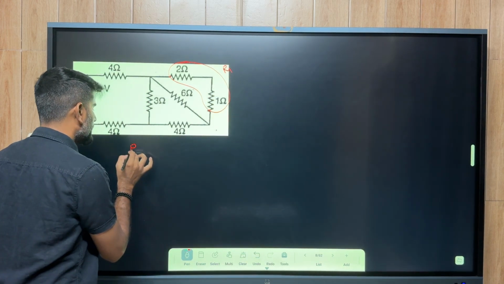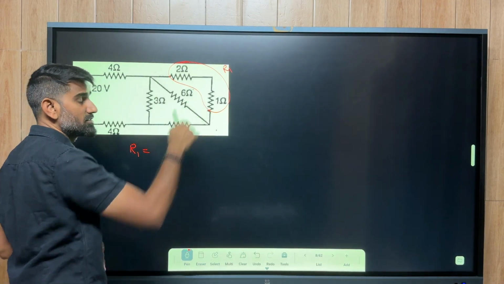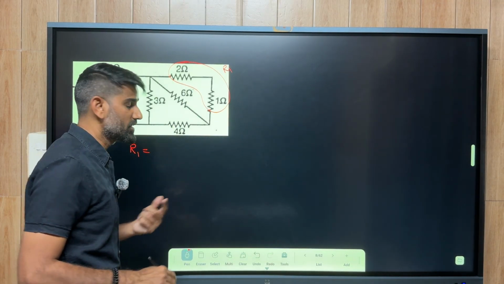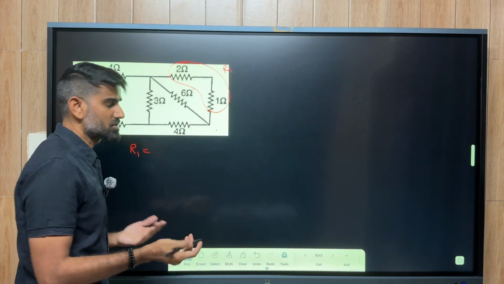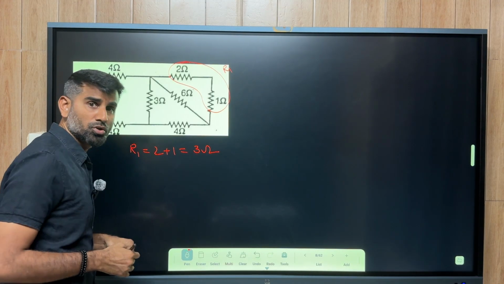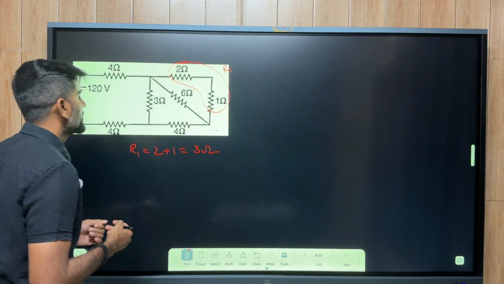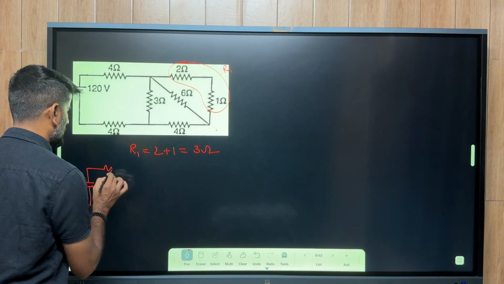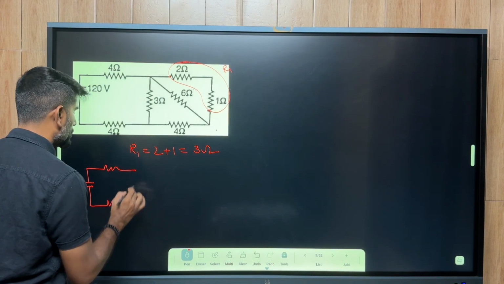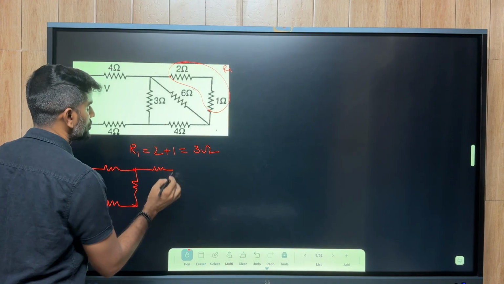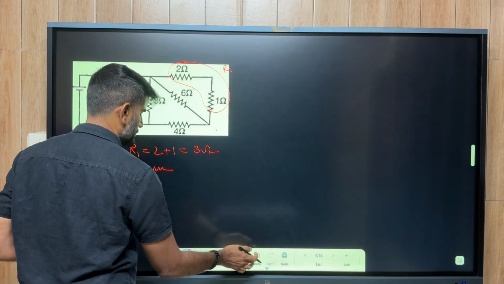So if I find this resistance R1, as these two are in series, the equivalent resistance of the resistors which are connected in series is the sum of individual resistances, which is 2 plus 1 equal to 3 ohms. Now the circuit will be something like this: 4 ohms, 4 ohms, 3 ohms, sorry,